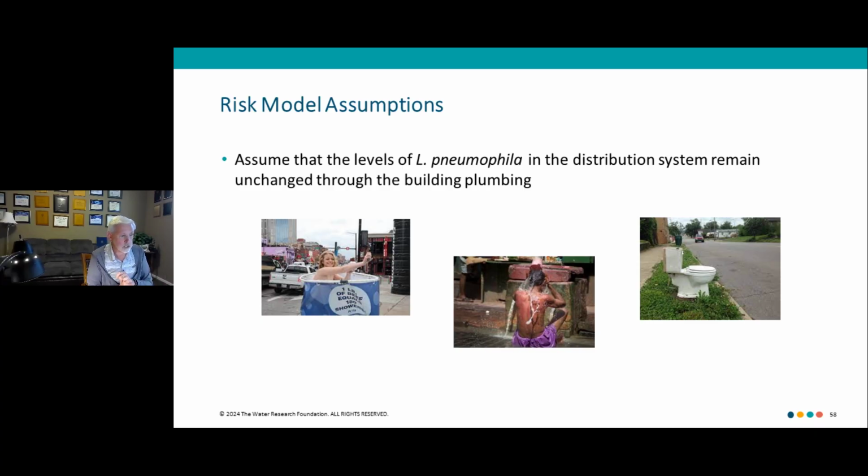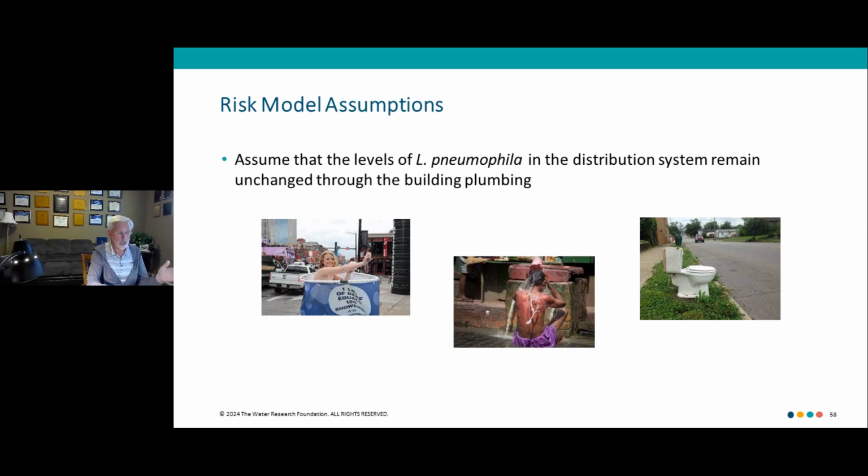Now, we have to make some assumptions, and these are important because we measured Legionella in the distribution systems, not in the buildings. And even where samples were collected from sample taps, they were flushed for 3 to 5 minutes, so that we were intending to monitor the water from the distribution system. So we have really no data. This project doesn't say anything about Legionella in buildings, but that's where you get exposed. You tend not to take a bath, take a shower, or use the toilet out on the street corner. You do that in buildings.